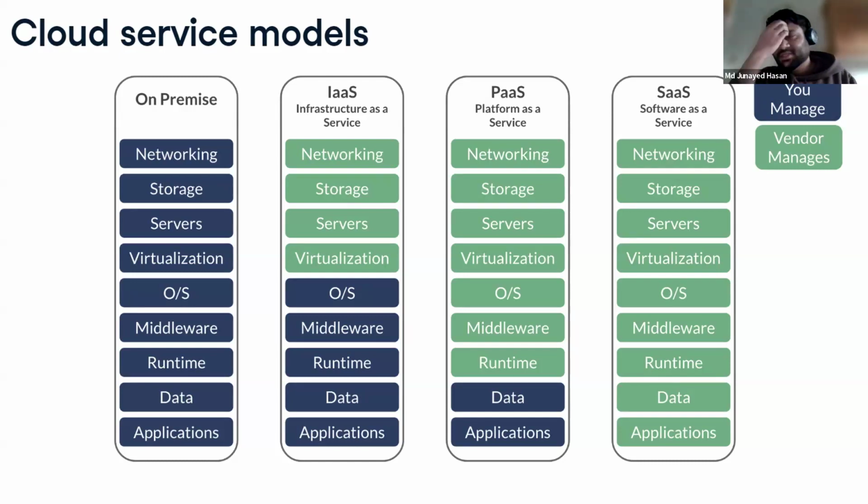So applications means you probably want to run Microsoft 365, or this sort of application. You have to pay for that in your computer. However, when you do infrastructure as a service, you do not pay for all other things. You just pay for networking, storage, server, and virtualization. And for PaaS, platform as a service, you just pay for the other stuff and manage the data and application.